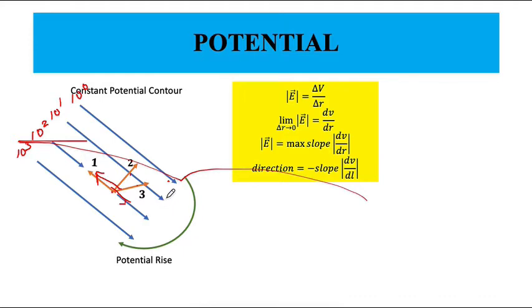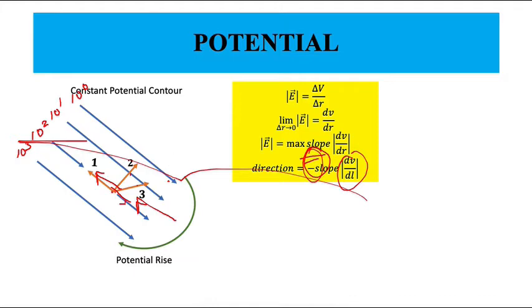Okay, so keep in mind these 2 points. Electric field value will be equal to the maximum value of the slope, whatever is dV by dl. And the direction of the electric field is against, or minus, of the slope dV by dl. So if you can remember this, and remember that when you go against the electric field you are going to see potential rise, then you can actually write down the electric potential and potential contour. So we are going to do that one.